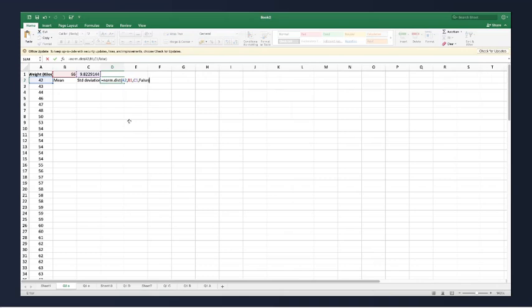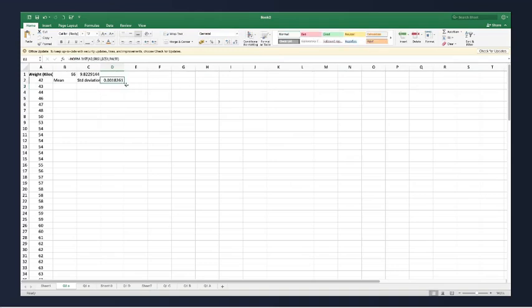Okay, right? So I will write down false. Now you see, I will have to find a normal distribution for all the values here. If I don't keep my standard deviation and mean values constant, they will keep changing in the next row, so I want to keep them constant. I'll put a dollar sign before B and before 1 so that my average or mean value is constant for all the rows. The same is applicable for my standard deviation, so I will put the dollar sign so that they don't change in the cell.